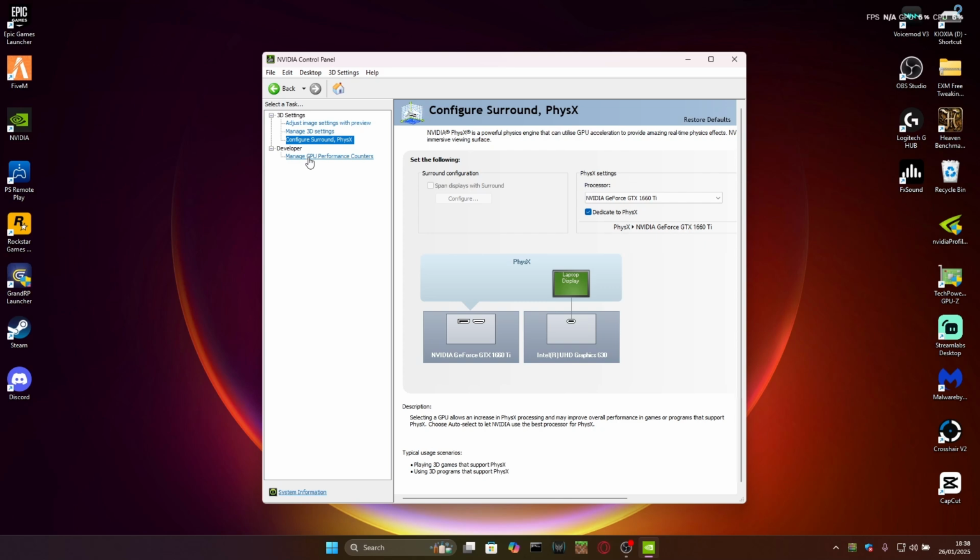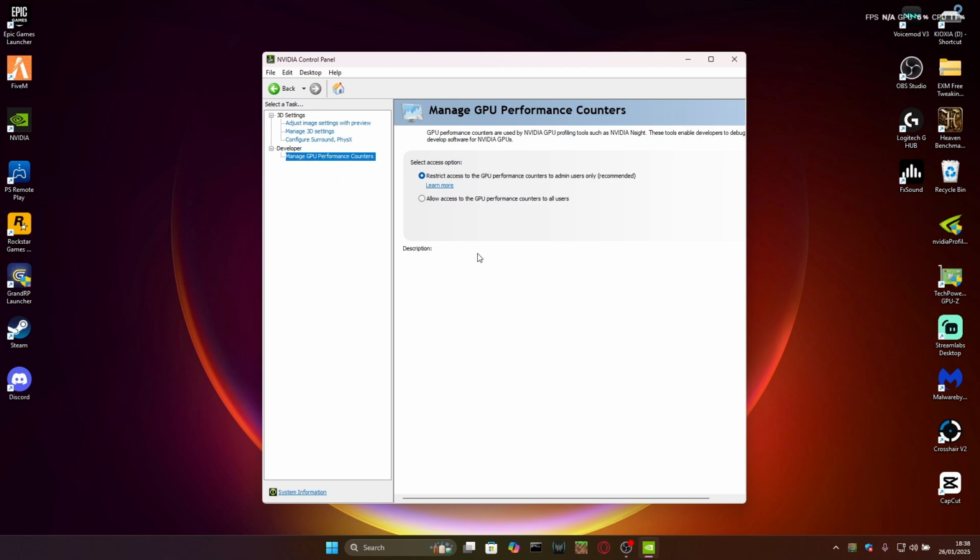Now, what you want to do, when you won't see this thing, but what you have to do is enable developer settings. So enable it, then go on here. Then what you want to do is, I think this is on recommended, like it's already on, but you want to click that, right? When you click that,